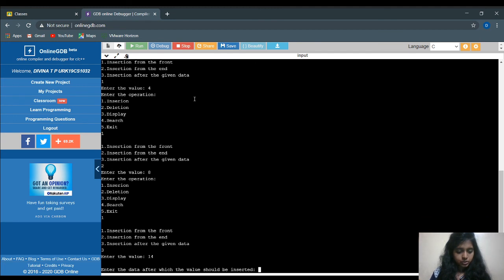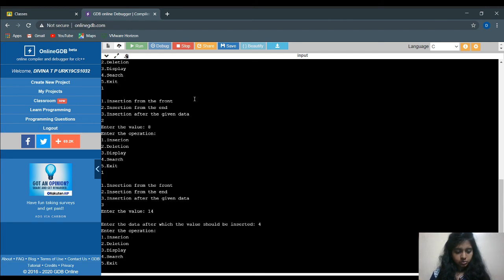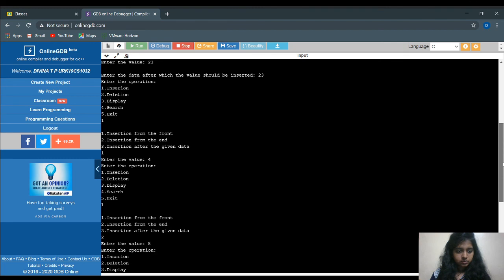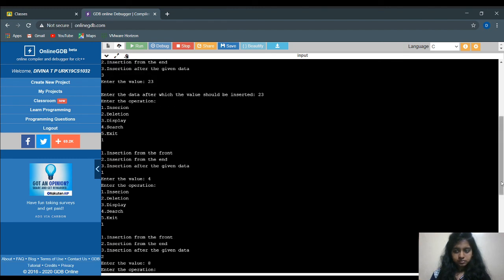I want 14 to be inserted after 4. To display what is in our list, I give 3. See, look, 4, 14, 23, 23, 8. Since I have given 23 there in the first, I have got this.